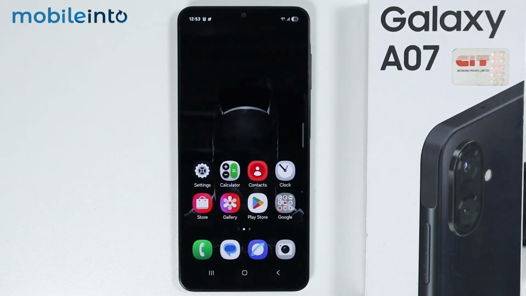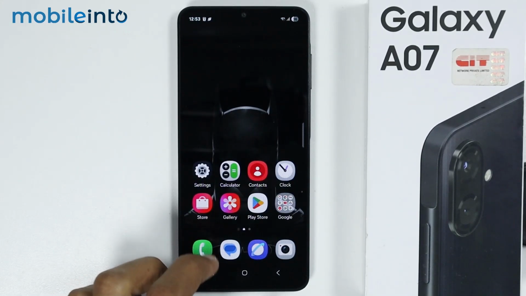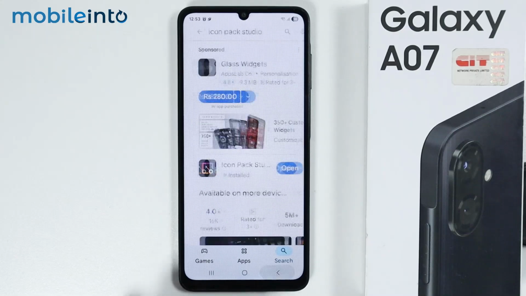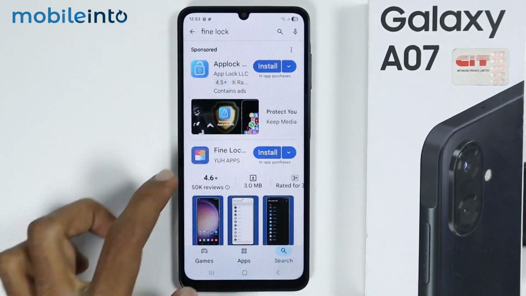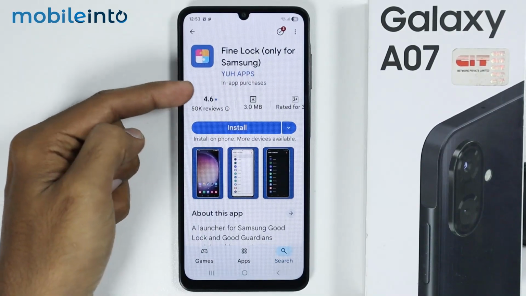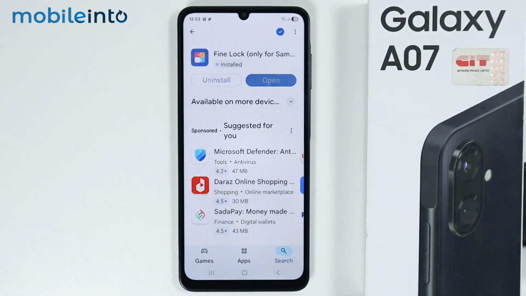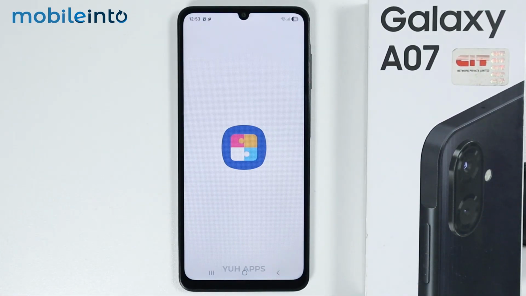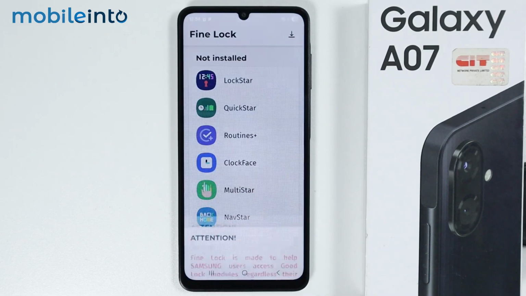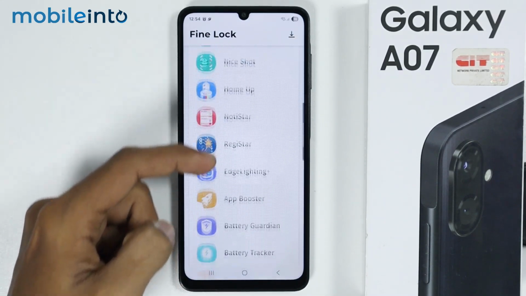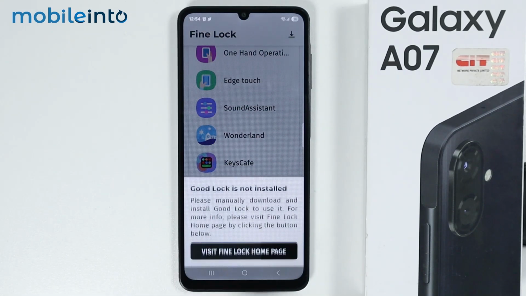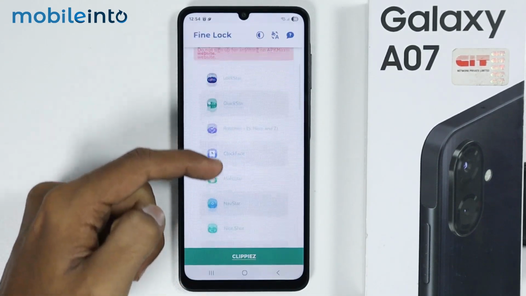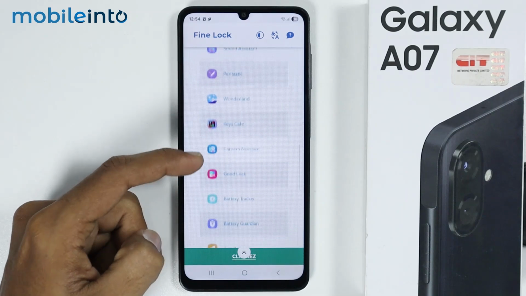Now to apply the icon pack which we have downloaded, just go to the Google Play Store. And in the search bar, just search this and install this app. Then tap on Open. Now just tap on the back button, and from this list, just look for Good Lock. Then tap on it. Tap on Visit Find Lock homepage,